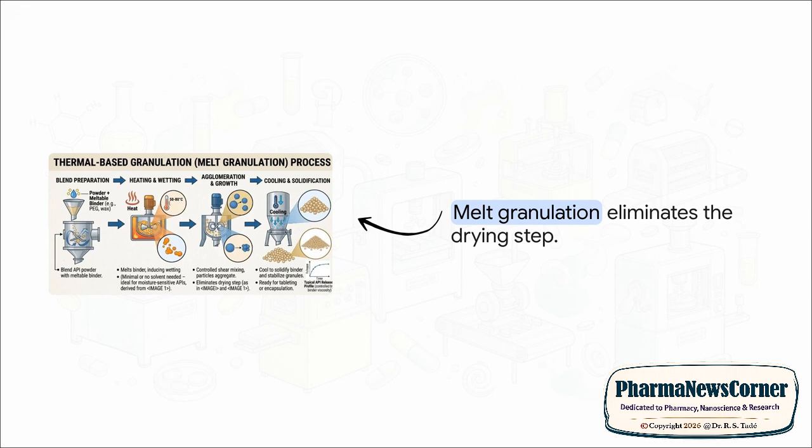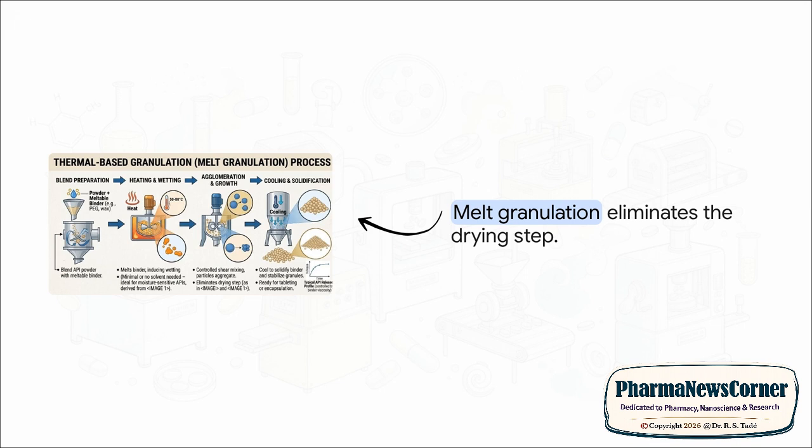One of these highly advanced methods is melt granulation. Instead of relying on a liquid solvent that you eventually have to evaporate off, this technique uses pure thermal energy. We melt binders like polyethylene glycol at precise temperatures right between 50 and 80 degrees Celsius. As the active mixture cools down, the binder solidifies. It's a brilliant, elegant solution because it bypasses the need for a drying phase entirely, making it absolutely perfect for